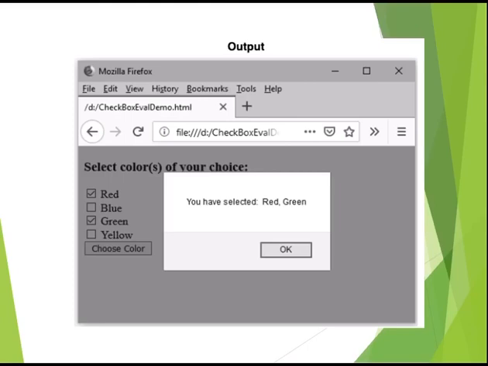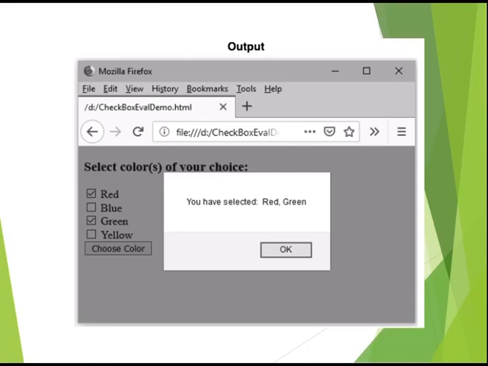So now see, you have created a checkbox with four options and a button. The four options are red, blue, green, and yellow, and Choose Color is the button. Once you check, you can check any items you want.